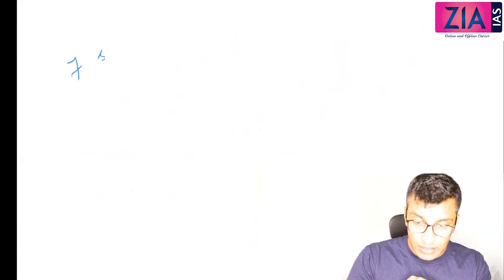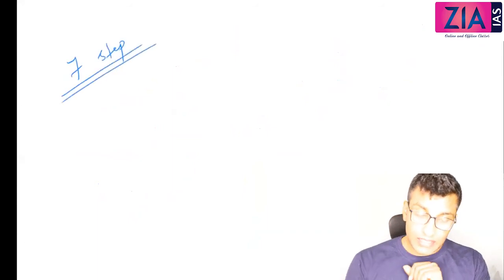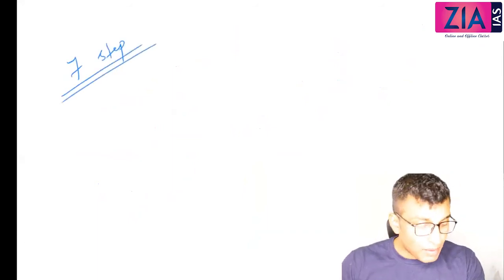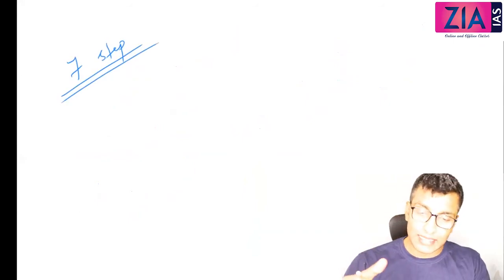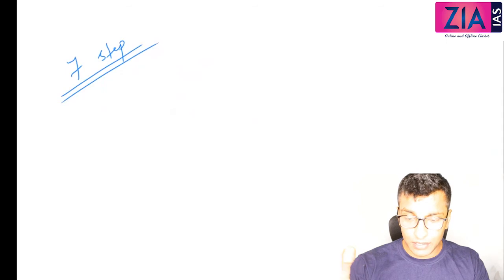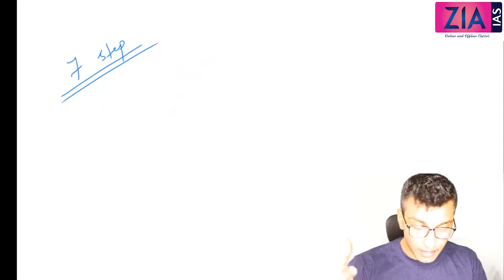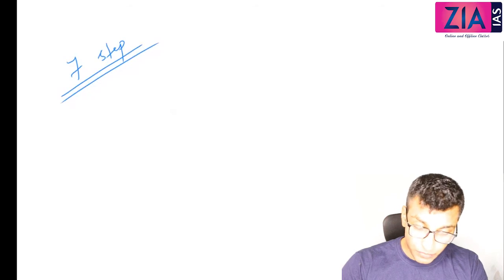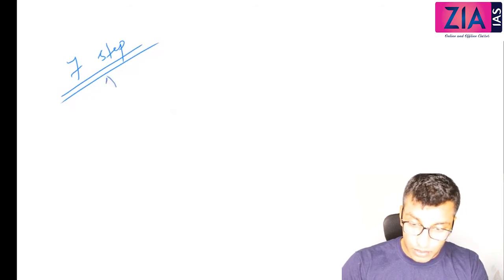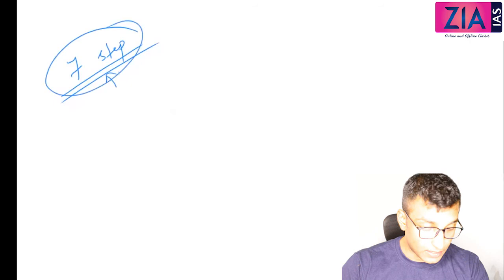Now, these are in general, you can write. Second ARC came up with some 7-step procedure. So these 7 steps, if you can remember, are very easy. It is basically connected to the organization and the structure of the organization. So there is nothing difficult in remembering this. So the 7-step procedure for the effective implementation of Citizens Charter.